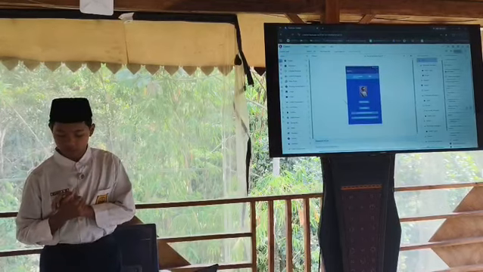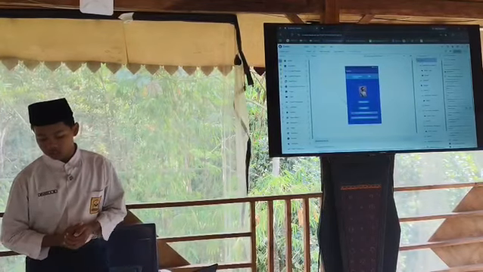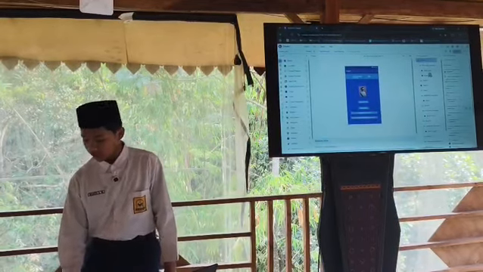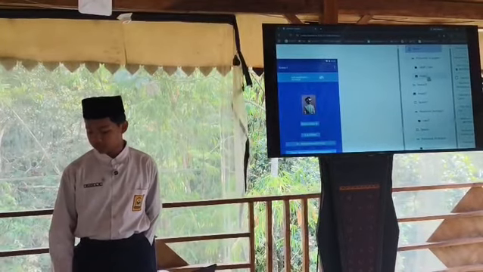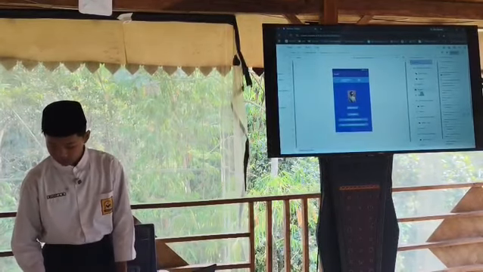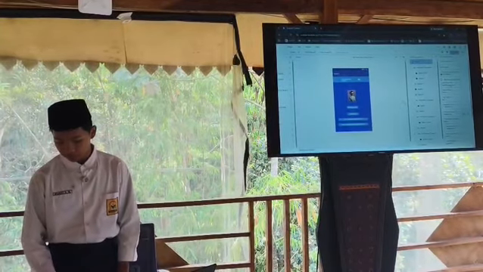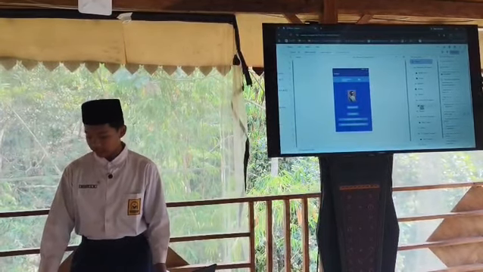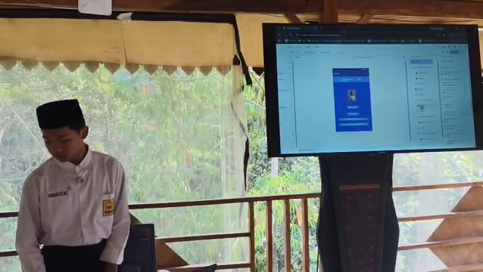So for today, we're going to make an ID card or name card in Kodular. In here, for the first step we need a horizontal alignment, and then you can add a label, and then after that you can add your image, and then add space again, and then you can add a label for your name, and then you can add space again, add a label for your class, and then repeat the